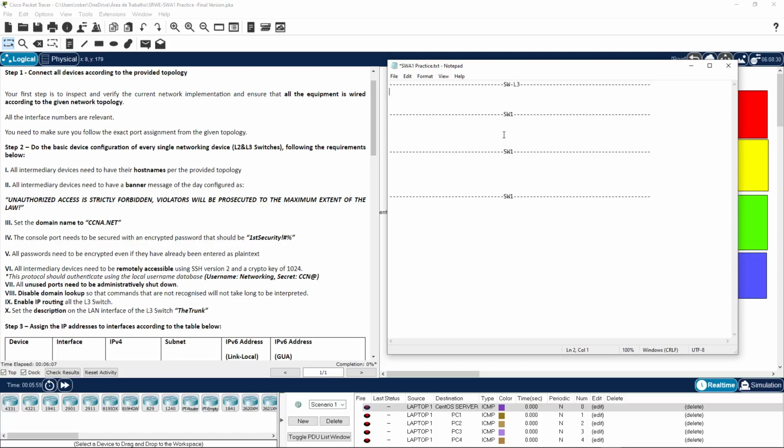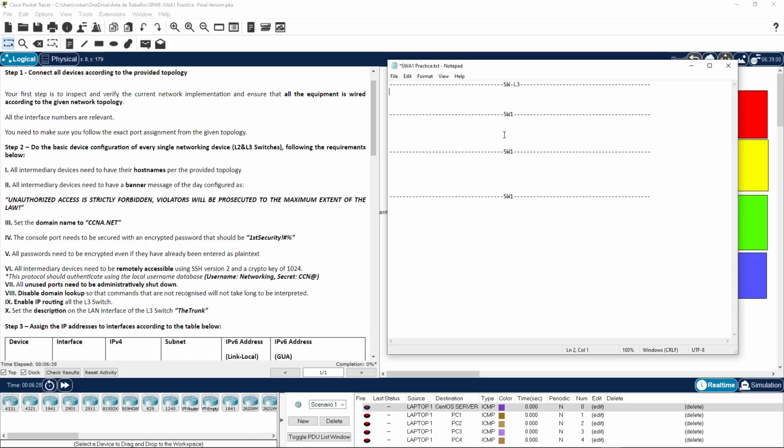Now, please remember that when we're copy and pasting the config from a TXT file into the actual device, we need to remember which modes we are in. So if you're one of those people that cannot actually remember the commands, you can just go to one of the devices and use the tab key or the question mark to help you remember the commands. And then you can just type the commands in your TXT file, and then you can copy paste to